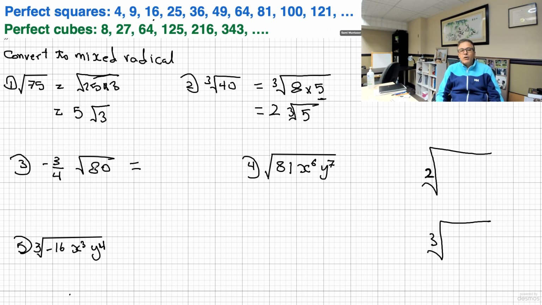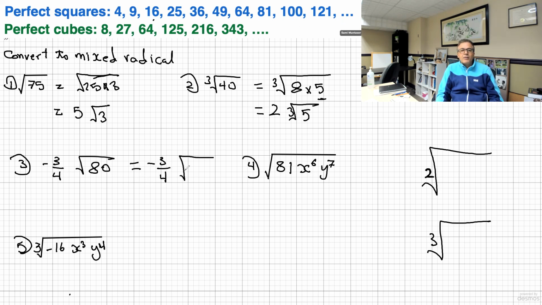I mean, you know, you could go, okay, right away, I could see 4 is a perfect square that goes into 80. You could do that. But if you do the 4, then you'll have to do this again, because that's not the largest perfect square that goes into 80. The largest perfect square that goes into 80, I think it's 16 times 5, isn't it? So now I could change this into -3/4